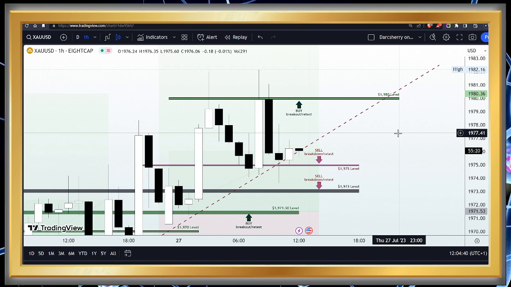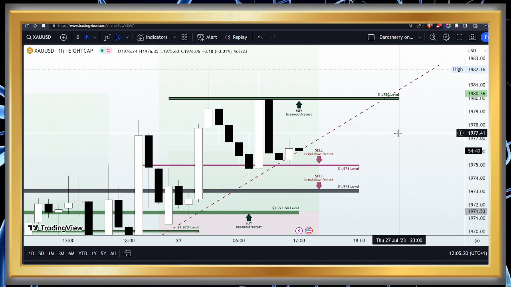All right, guys, I'm of the opinion that there are no questions. So in the absence of questions, I want to assume that we are all on the same page. And I do hope you have marked out these levels on your chart, as you will be needing them as a reference point to guide your trading activities for today. So it has been a wonderful moment with you guys today. We were able to take on 4 financial assets: the USOILSPOT, XAUUSD, the GBPUSD, and of course the USTech100, where we were able to identify and simulate potential trading opportunities that will come up during the New York session.